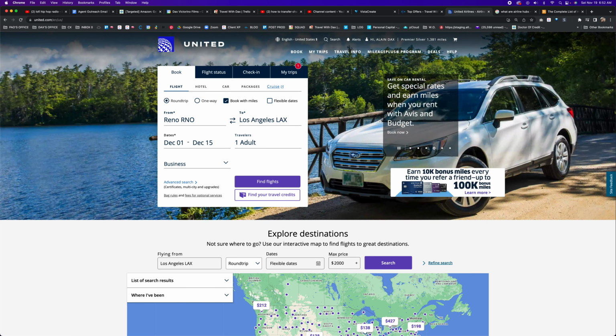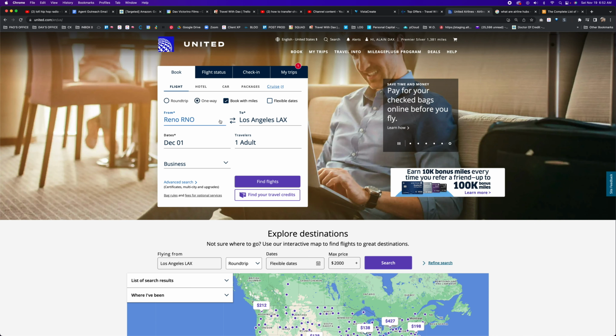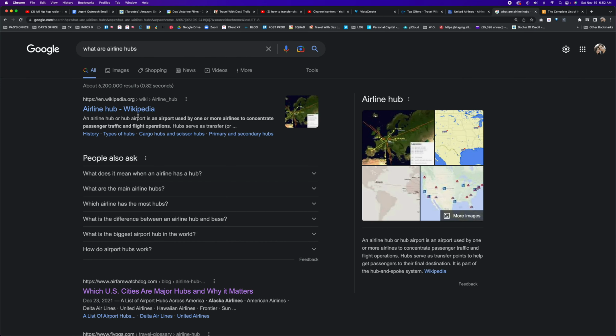Then once you're logged in, you're going to be in this window. So what I like to do is I try to book one-way flights. One quick tip if you guys are trying to book a flight is you need to look for an airline hub. So what is an airline hub? So basically an airline hub is an airport used by one or more airlines to concentrate passenger traffic and flight